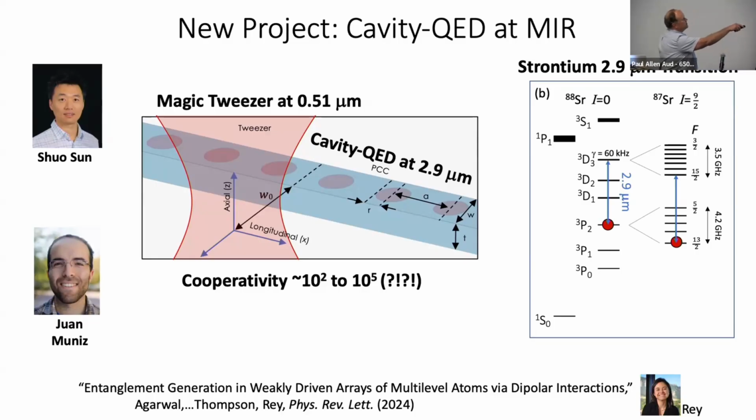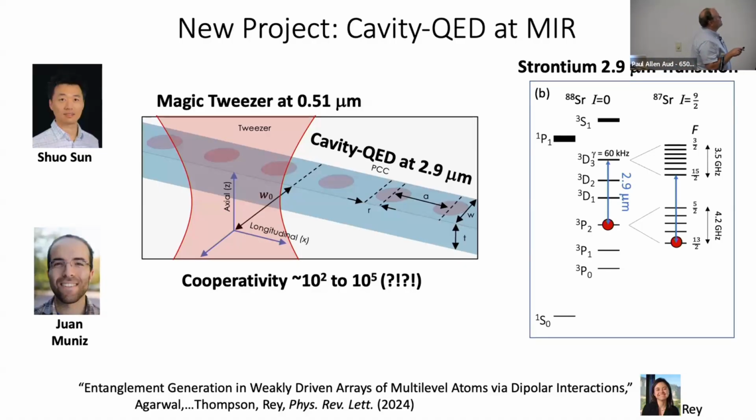It's using strontium. Here's the energy level diagram of strontium. For the bosonic isotope 88 strontium, it has 0 nuclear spin, so you can ignore all the hyperfine structure. Essentially, there's a metastable excited state, triplet P2, that can connect to a 3D3 state. So you have a pure cycling transition if you really want it, with a radiative decay linewidth of 60 kilohertz. So you plug in numbers, and